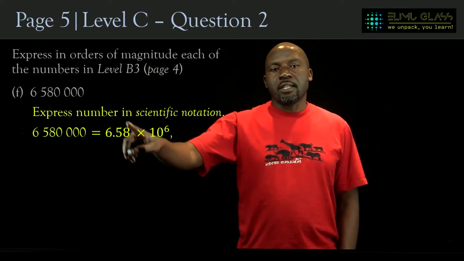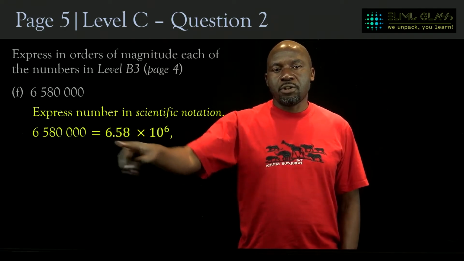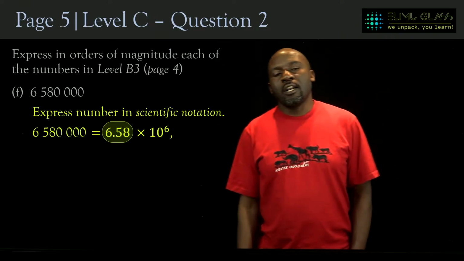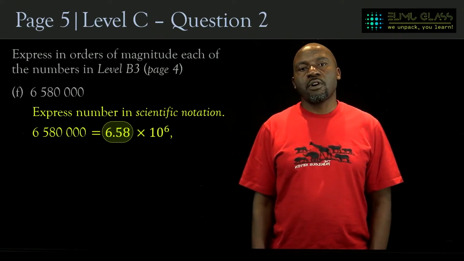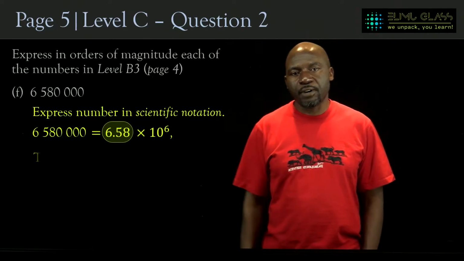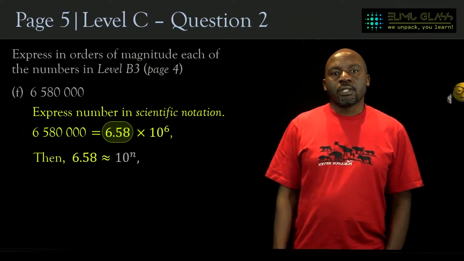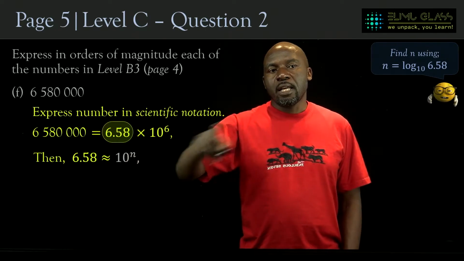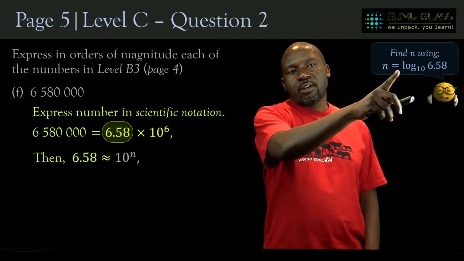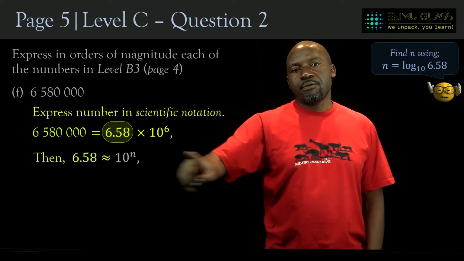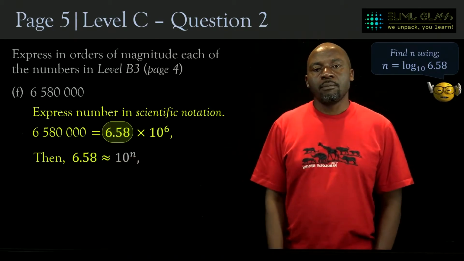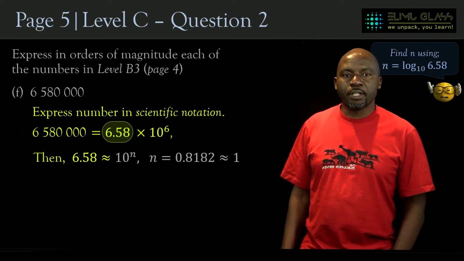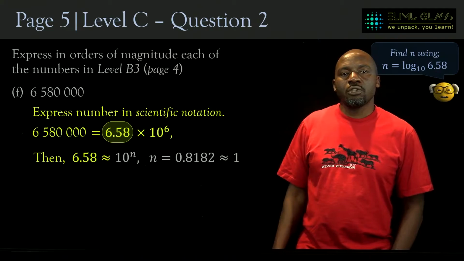Next, we need to write this in orders of magnitude. So to express that in orders of magnitude, we need to take log to base 10 of 6.58 to give us the value of n. So 6.58 can be expressed as 10 to the power of n. To find n, we take log to base 10 of 6.58. If we do that, please do it on your calculator, you should find n is approximately 0.8182,